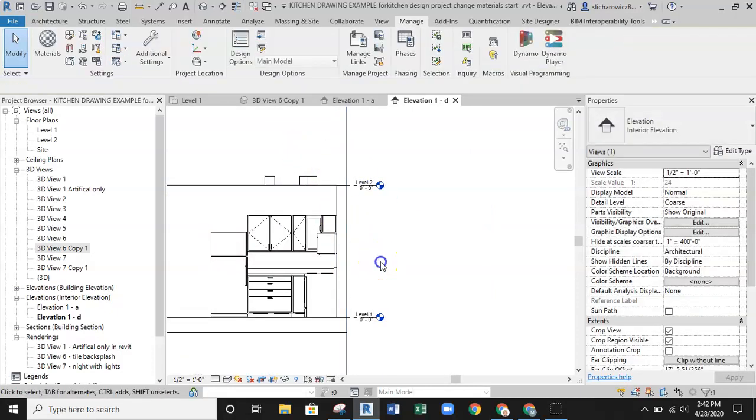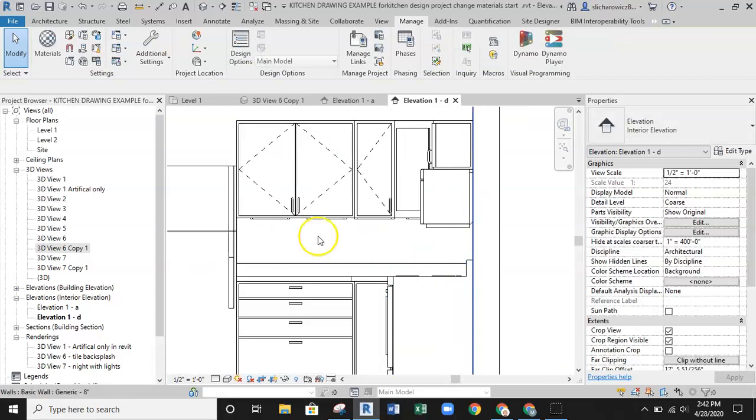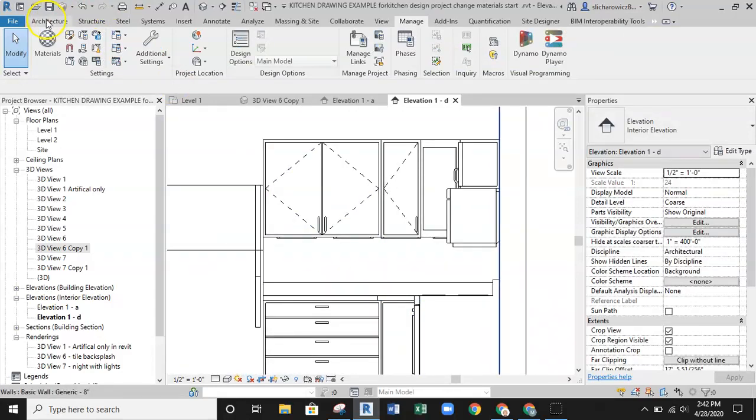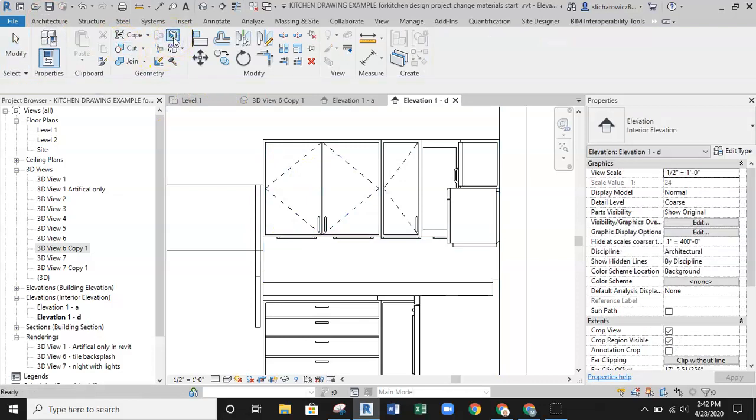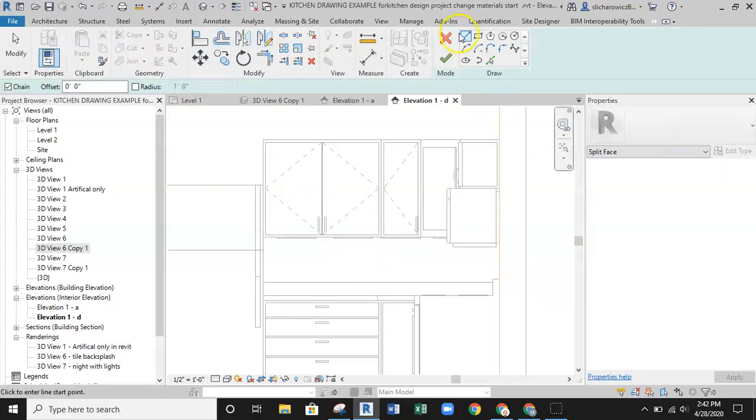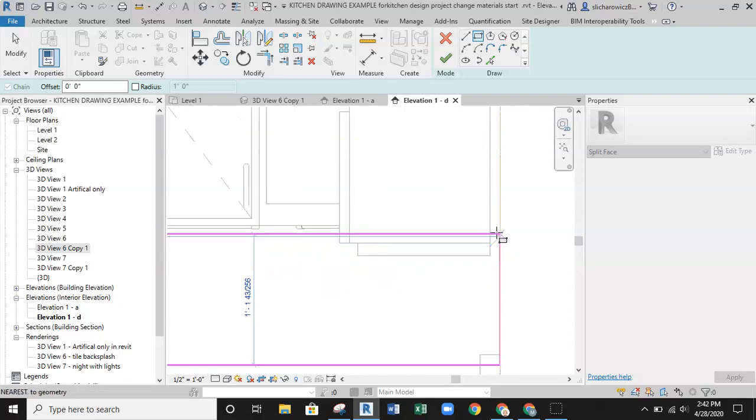So I'll pull this back just a little bit so I can see the edge easier, and I'll do the same thing again. I'm going to now go ahead and select the wall. I'm going to go ahead and grab the split face tool. I'm going to grab the wall again, and now I'm going to go ahead and just draw in a rectangle. So using the rectangle tool, I'm just going to pull this rectangle all the way across till it gets in position, zooming in,